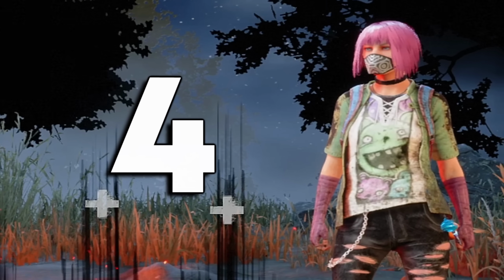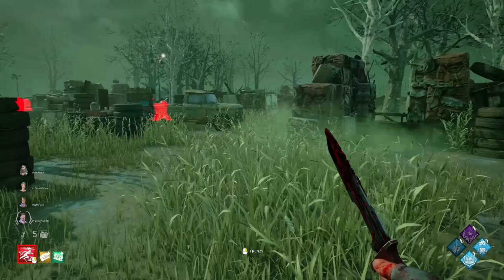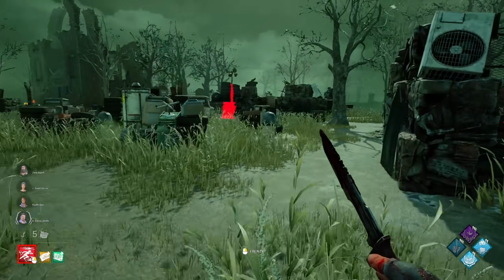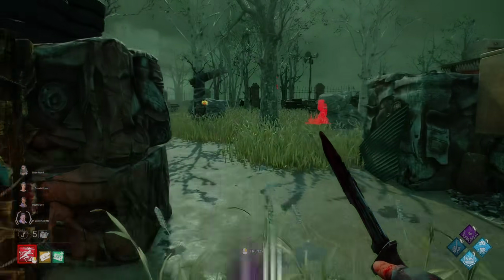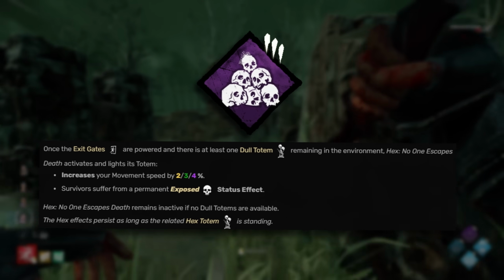Okay, the 4th best hex perk in this game, I unfortunately have to say that it's going to NOED. This perk is so good because it can allow any bad killer to get a 4K easily. I'm sure most of you know what it is, but I'm going to explain it anyway. As long as there's at least one dull totem remaining when all generators are completed, NOED applies to that totem,